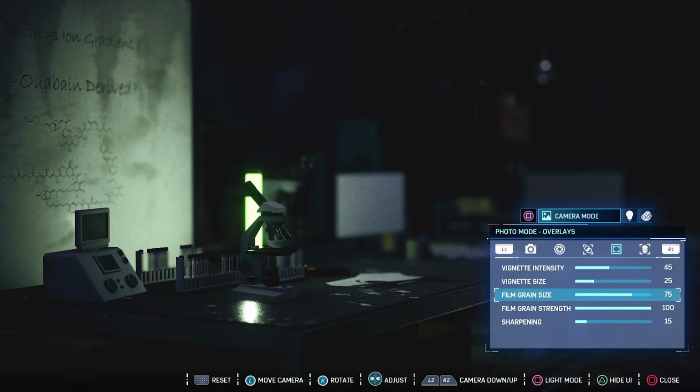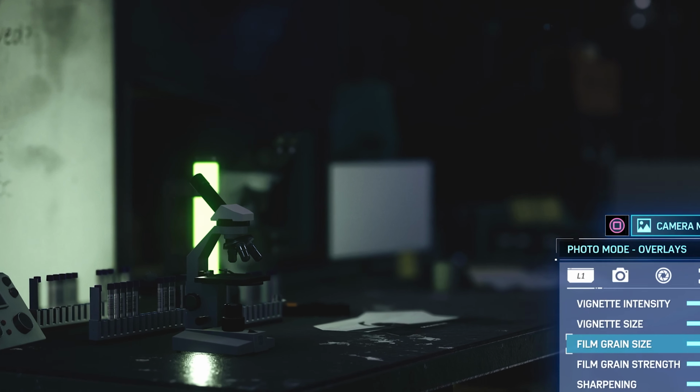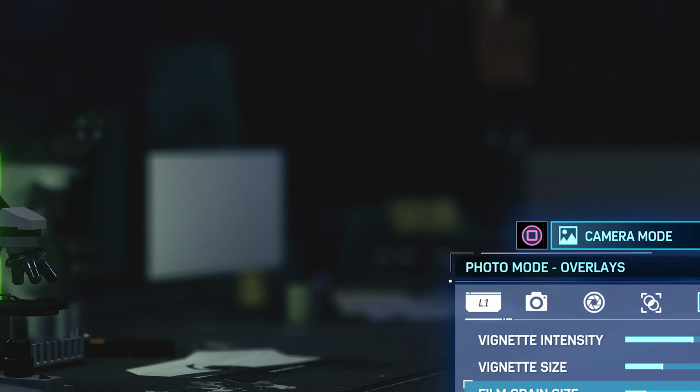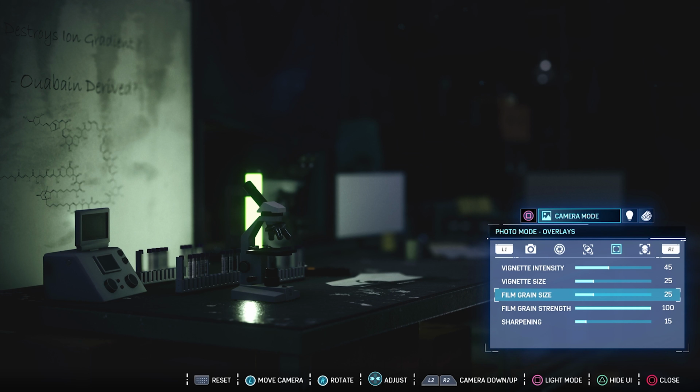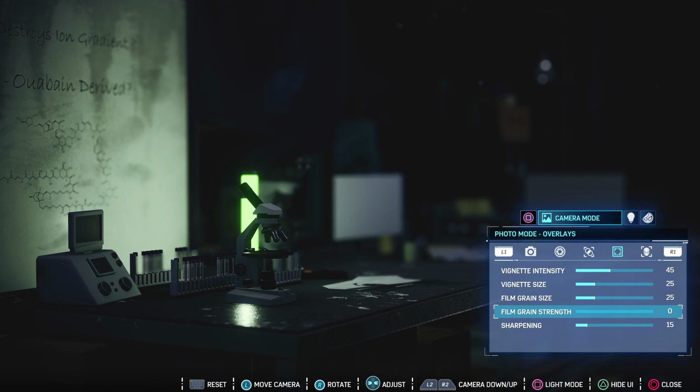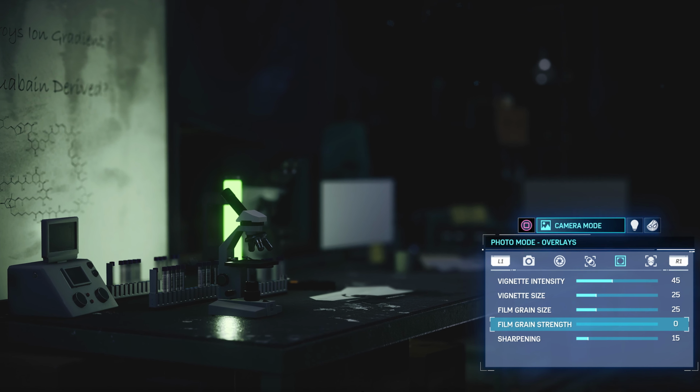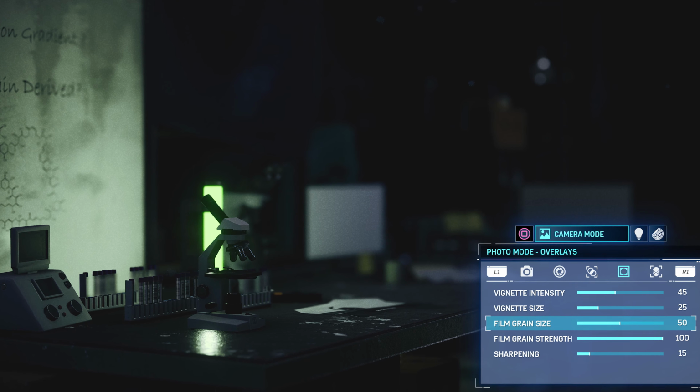When applying film grain, grain size will increase or decrease the size of the granular particle effects that are applied to the image. Larger grain is typically more noticeable and can also give the impression of an enlarged image or crop. Film grain strength adjusts how much grain is applied to the image. Use lower values for a cleaner shot, or higher values to increase the amount of grain to emulate the look